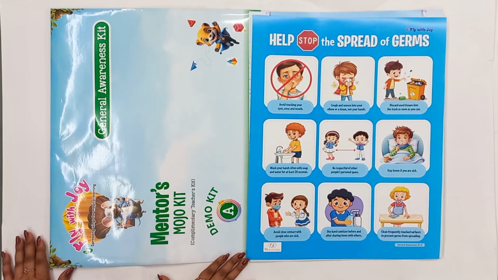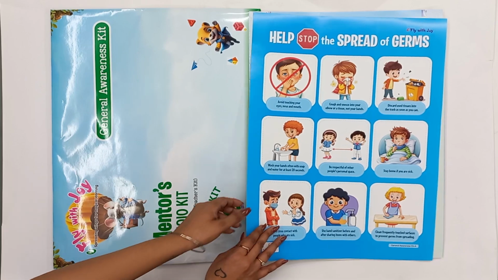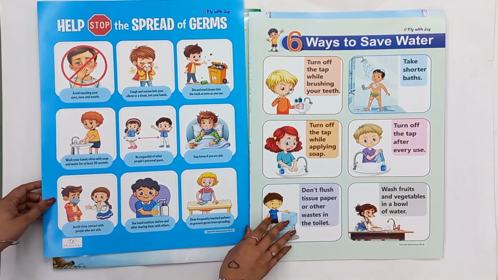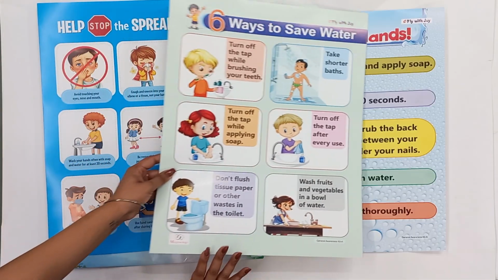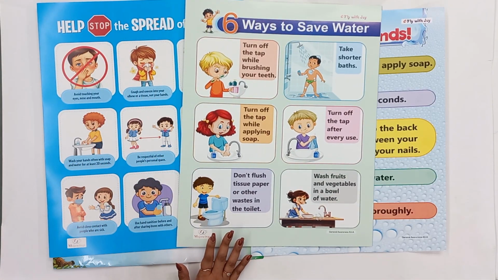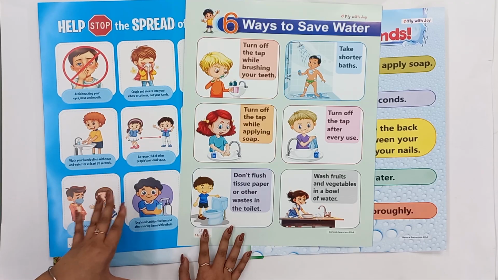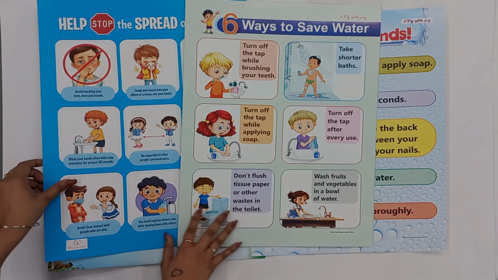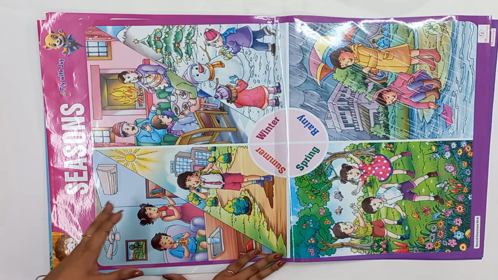Let's start with General Awareness Kit. In this kit, we have many posters like Help Stop the Spread of Germs, 6 Ways to Save Water, and Wash Your Hands. So the teacher can display these posters in the class as these posters will help the students in developing good habits. In the General Awareness Kit, we have many charts, classroom charts that the teacher can display